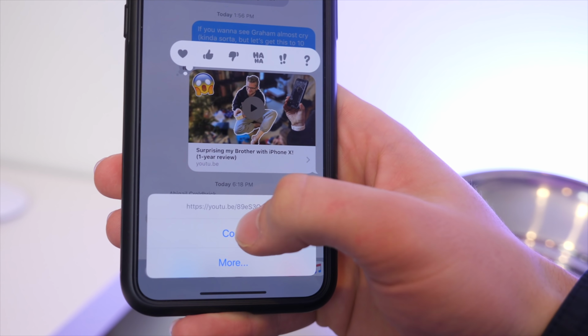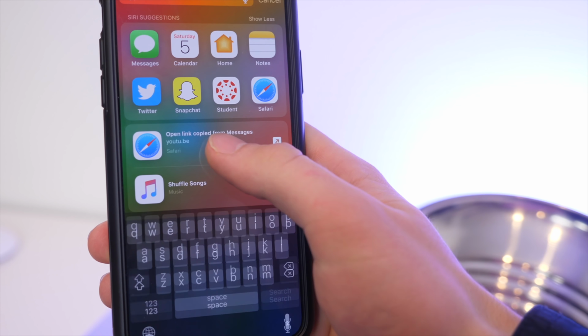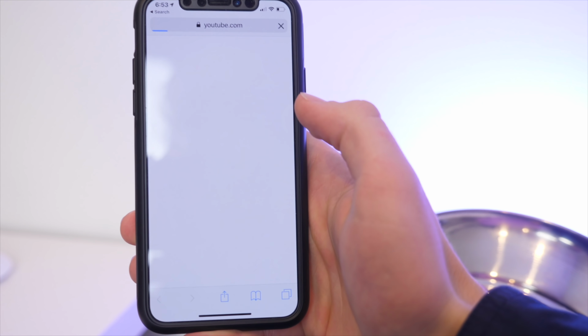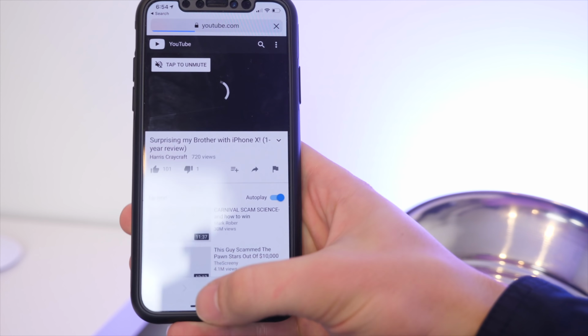Up next, so say you just copy a link or a phone number or something like that. You don't have to go into Safari and paste and search. You can actually just go into the Spotlight search and it will pull up a quick preview, and you just click search right away. It'll give you the option to automatically search whatever you just copied to your clipboard, so you don't have to go into your phone dialer or you don't have to go into Safari to get that accomplished.